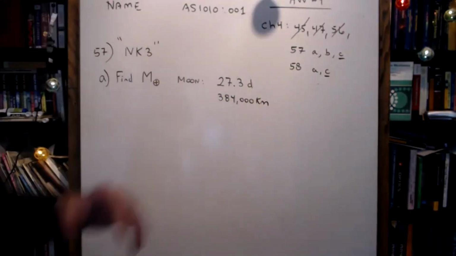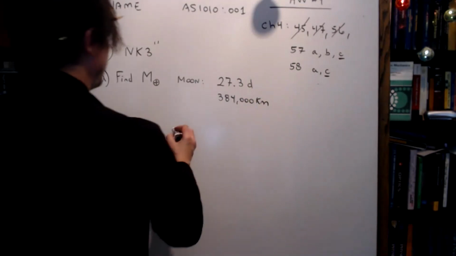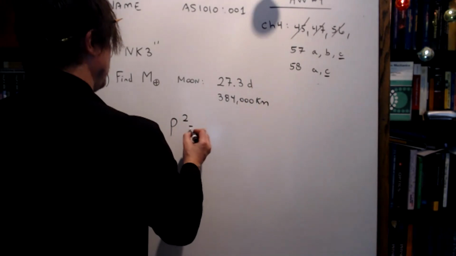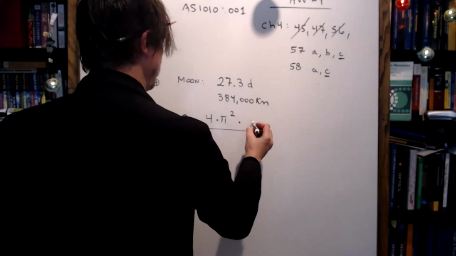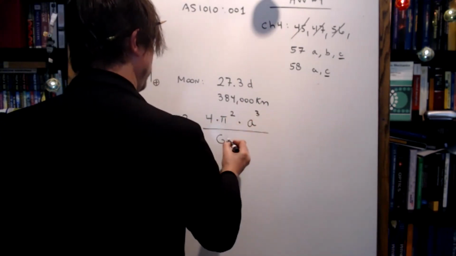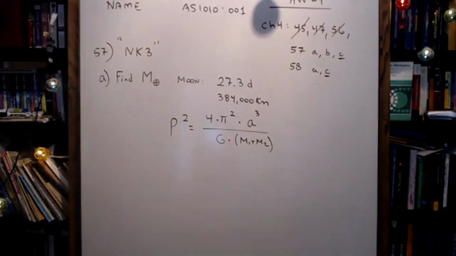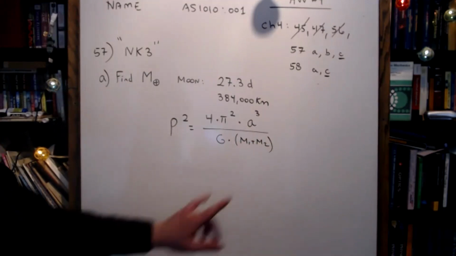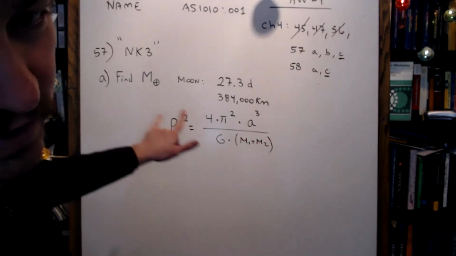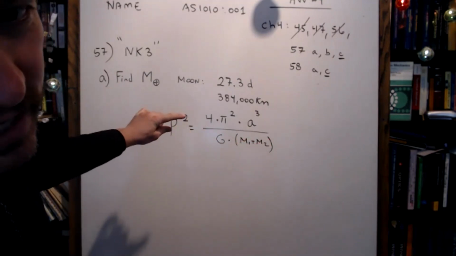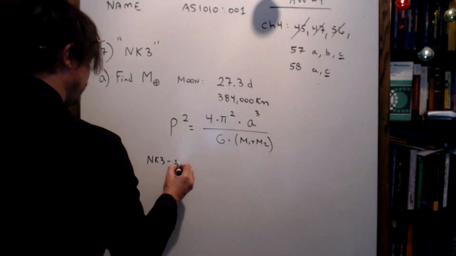In this problem, we're going to be doing things a little bit differently than we did last time. The first time you learned NK3, you learned it in this version: P squared is 4 pi squared A cubed over G times the sum of the masses. Here, I'm going to solve for the sum of the masses by taking m1 plus m2 and flipping them up to the top and taking P squared and putting it on the bottom. And I then get a new formula called NK3,